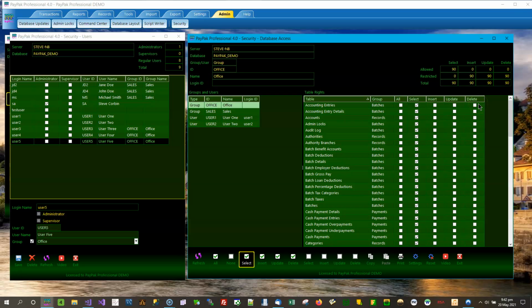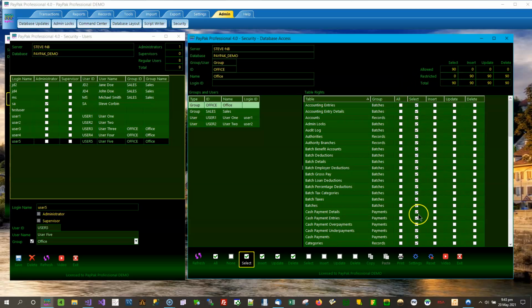Now there is, as I may have mentioned before, one case that I can point to where you may want to change these rights. We had a case some years ago where a company had auditors coming in to inspect their records, and what the company did, they created either a group or a user for the auditors, which would be distinct from the users of the software who have full rights to update records and whatnot. And for that group, for the auditors, they turned on the select just as you see here, but they turned off the insert, the update, and the delete,